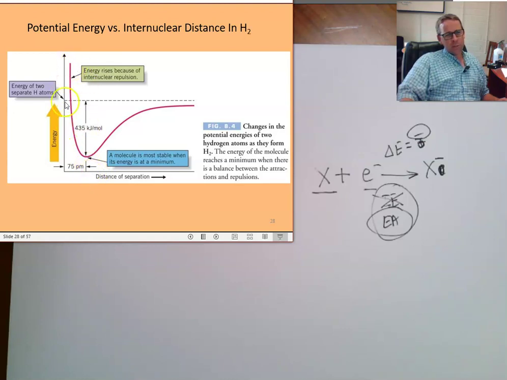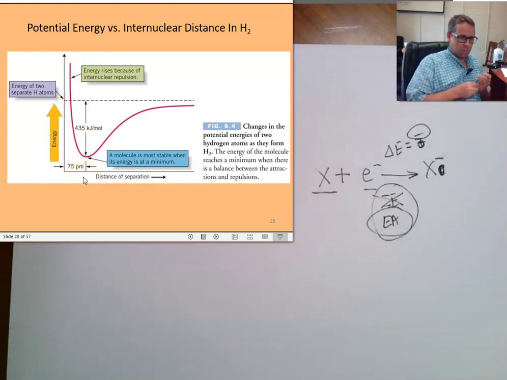And this will be different for different atoms. If I have a hydrogen and a hydrogen, I'm going to get a specific bond length. If I have a hydrogen and a carbon, I'm going to get a little bit of a different shape and a different bond length. But again,